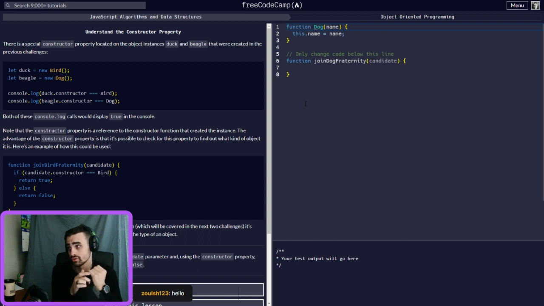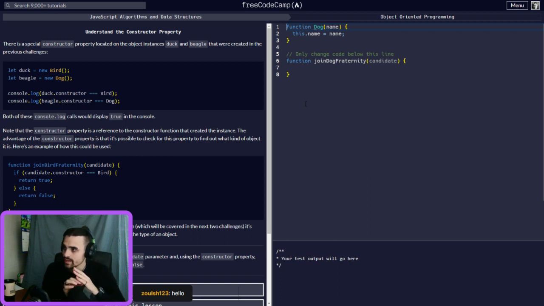Both would display true because they are instances of those. Note that the constructor property is a reference to the constructor function that created the instance. The advantage of the constructor property is that it's possible to check for this property to find out what kind of object it is. Here's an example of how this could be used.